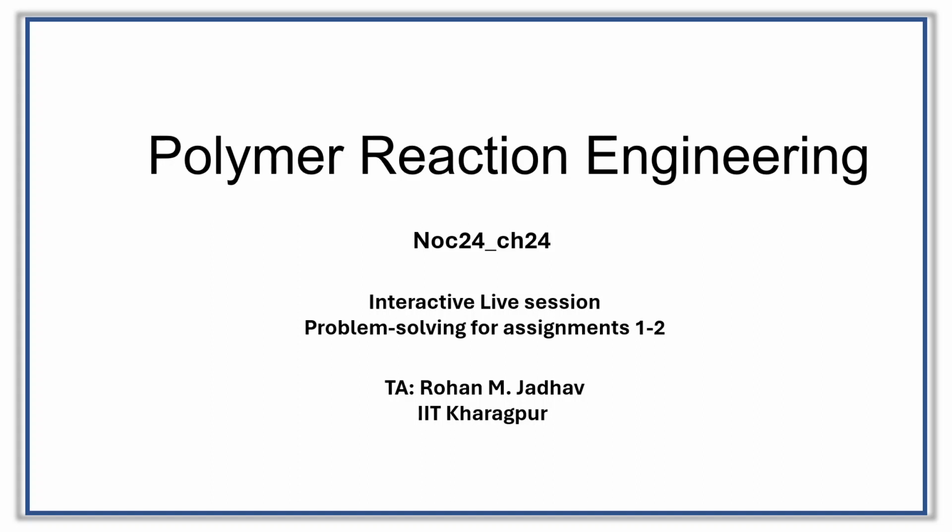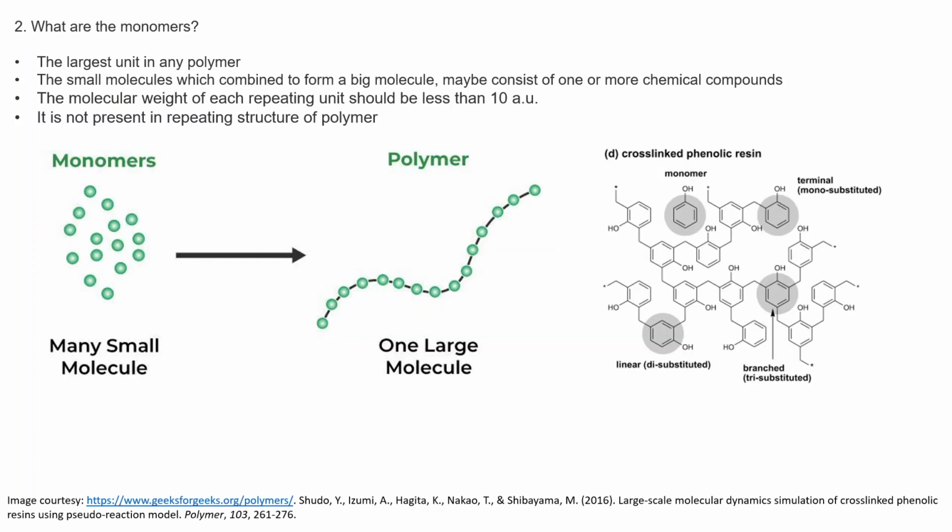So my name is Rohan Jadhav and I'm the TA for the Polymer Reaction Engineering course interactive live session, and we'll be going through some problem solving for the assignments on it. So the first question we have here is, what are monomers? There are four options here. Largest unit in any polymer; small molecules which combine to form big molecules; the molecular weight of each repeating unit should be less than 10 AU; and it is not present in the repeating structure of polymer. So here is a visual representation of what a monomer means and how it forms